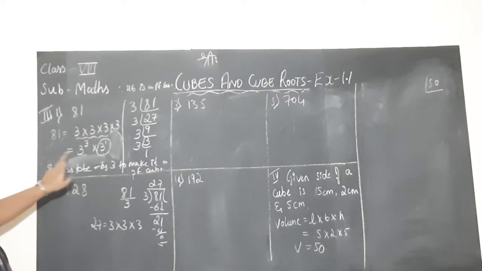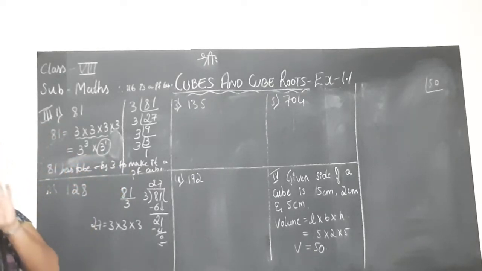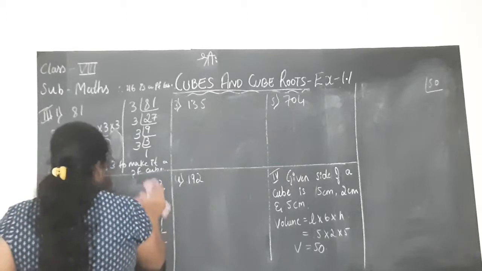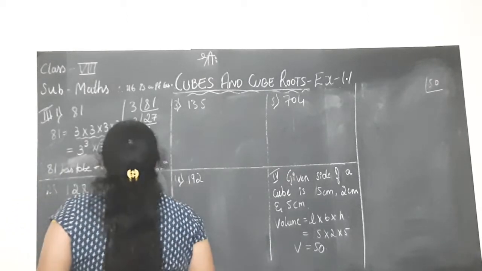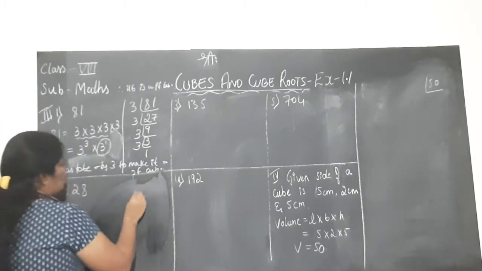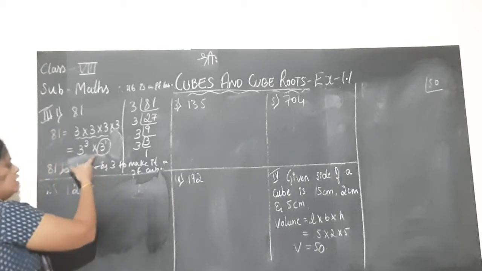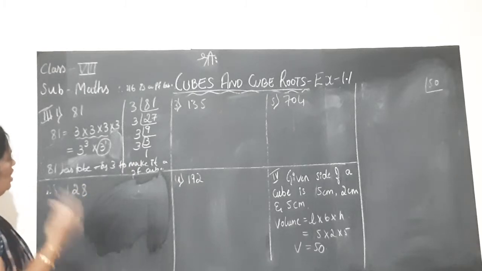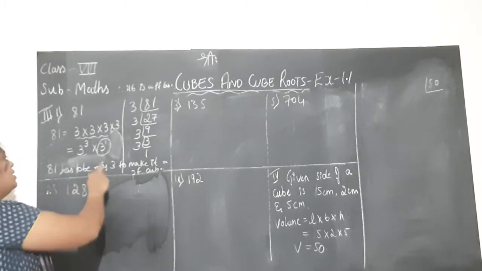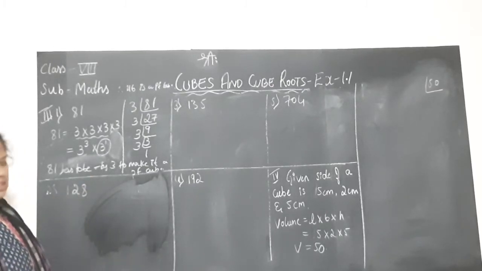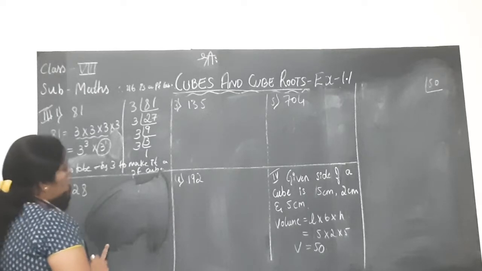Therefore 81 has to be divided by 3 to make it a perfect cube, and that is the concept we are doing here, children. Hope you understood it. Okay? This verification I showed you just to make you understand what we are doing. Blindly you should not do something. So that is the reason I explained it. You need not show that. I will move on to the next question. Here you need not multiply to make power 3 and all. Whatever number we get, divide by that number, that's all. Suppose we got 3 square there. 3 square is 9. So you write 81 has to be divided by 9. Next, second question is 128.